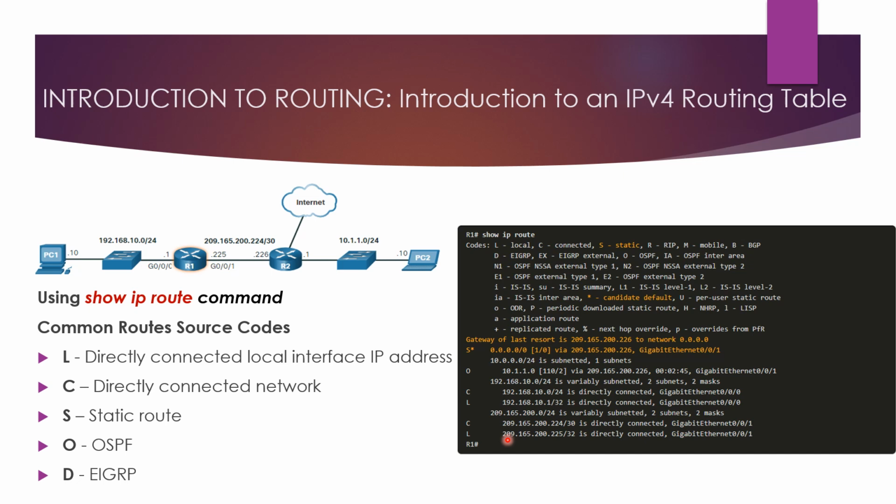The route entries also identify the exit interface to use to reach the network. The 2 directly connected networks in this example are the network 192.168.10.0/24 and, as it is listed here,